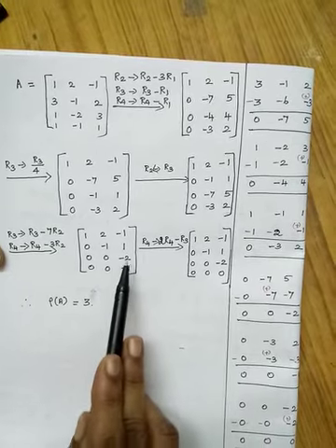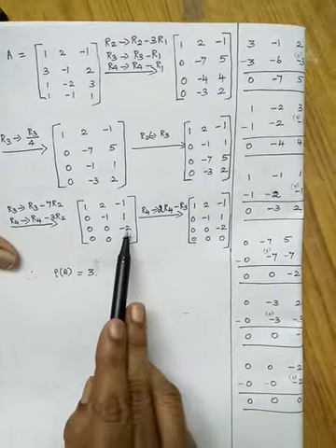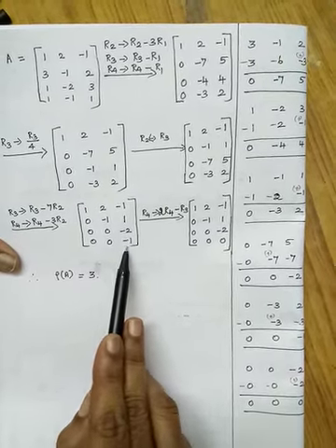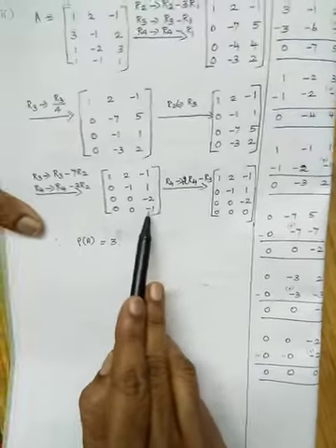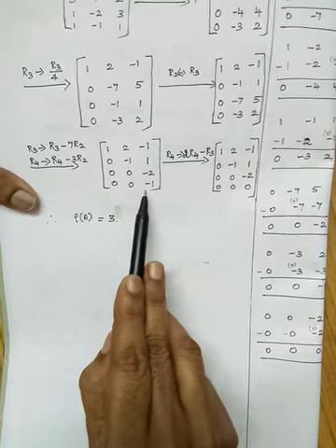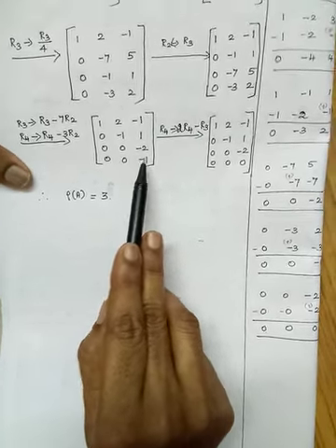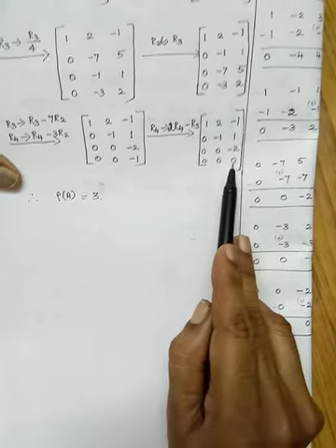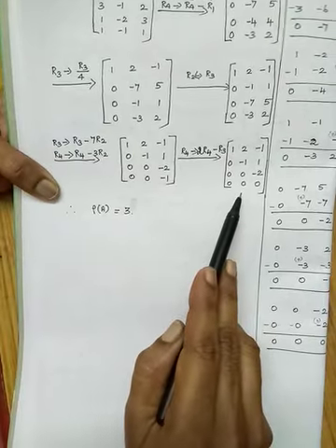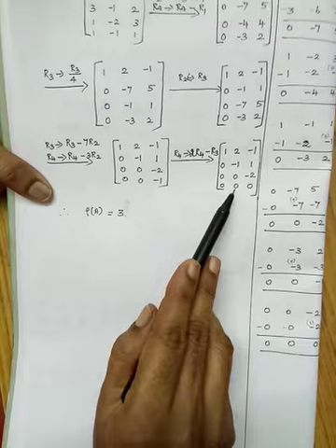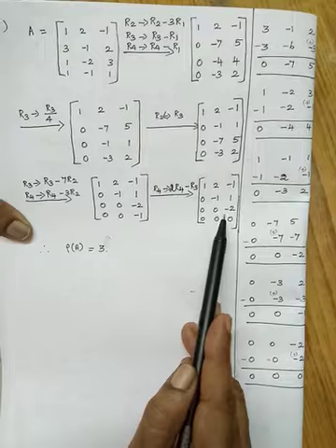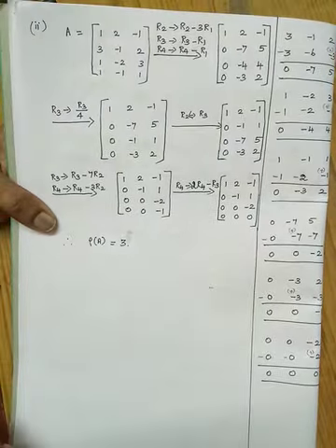Look at the third and the fourth rows, they are non-zero rows. In the third row, the first non-zero entry is here. So below this entry should be 0. To make this element 0, before that you are having minus 2. So it has to be multiplied by 2. Then if you subtract, you will get this element as 0. I have done the rough work here, you go through. So we have brought the matrix into row echelon form. Just count how many non-zero rows: 1, 2, 3. Therefore the rank of A is equal to 3.